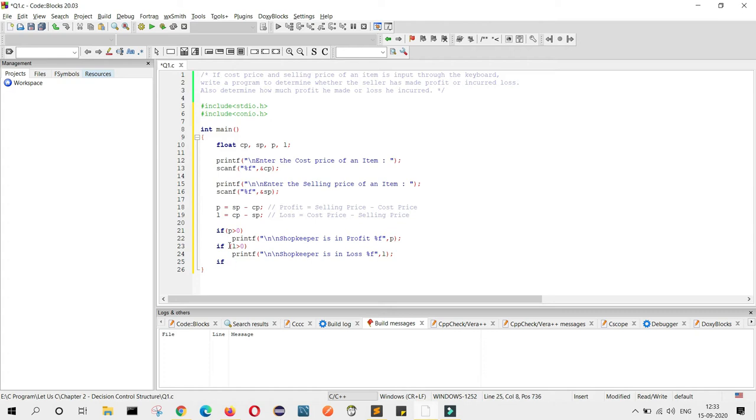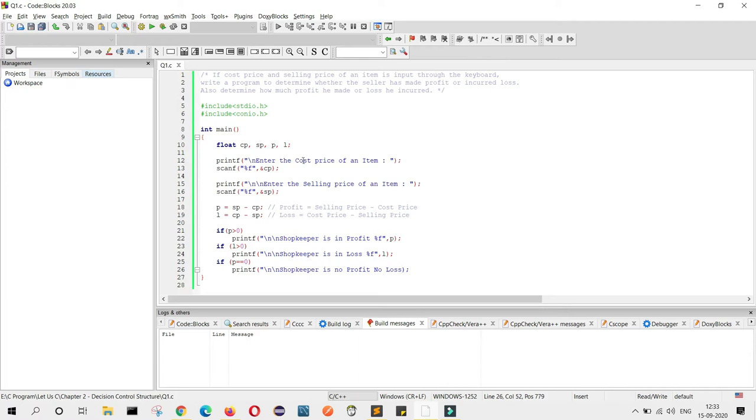If profit equals 0, then no profit, no loss. You can write for this line also. So here you will write shopkeeper is in no profit, no loss.